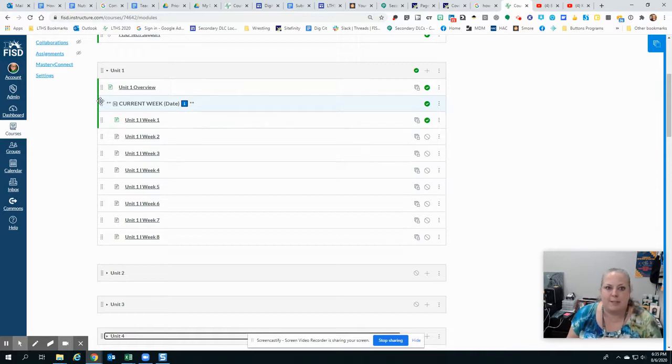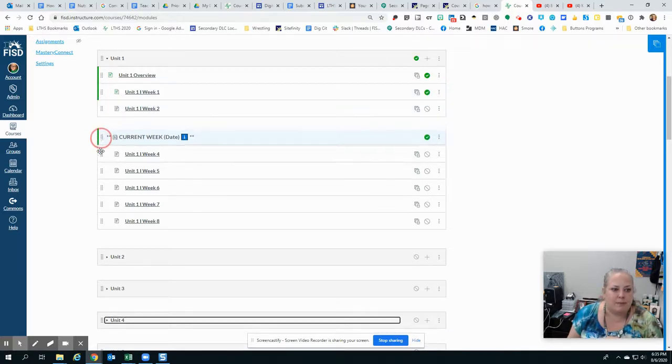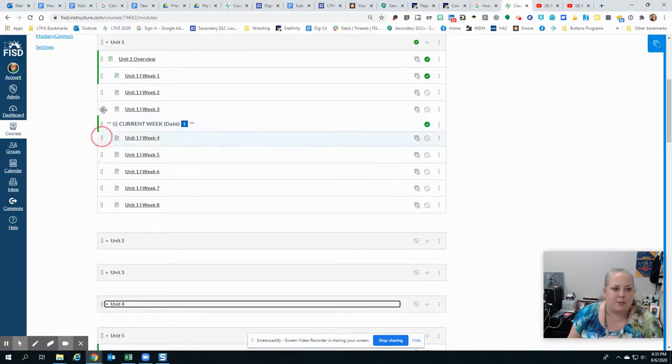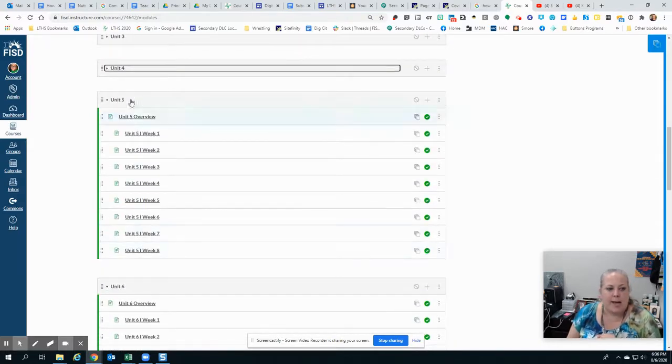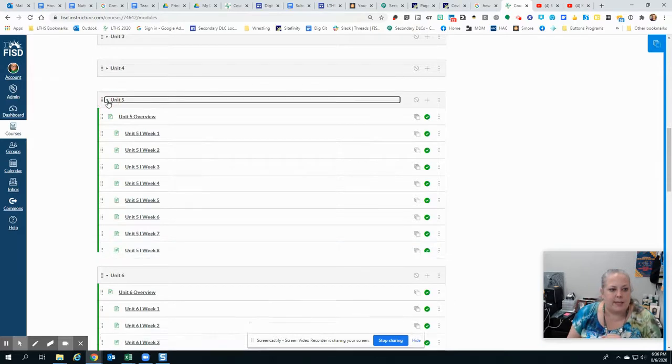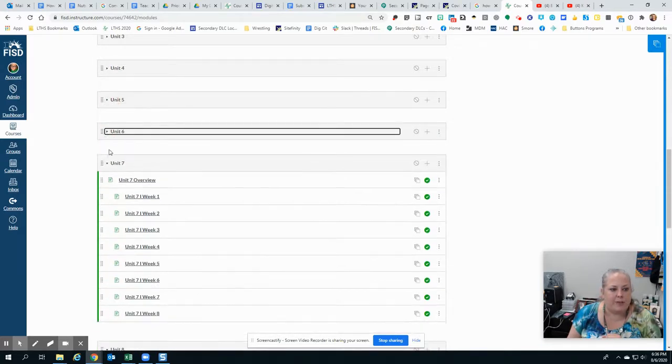And this is really easy because you just grab this by the little 8-dot handle on the left and you just slide it to wherever it is. Okay, so you just move it to the current week. That's all you do. All right, and what you'll find is that this template came with a whole bunch of